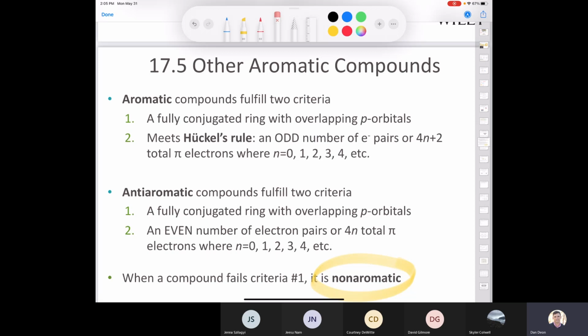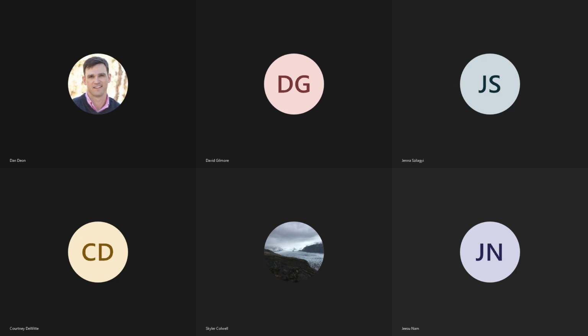Okay? Let me give you some examples of some other aromatic compounds besides things like benzene and pyridine. But before